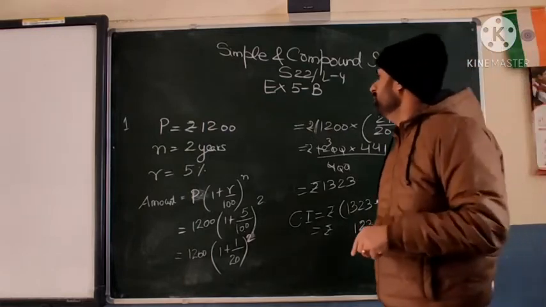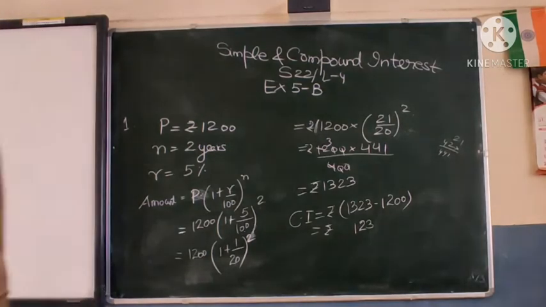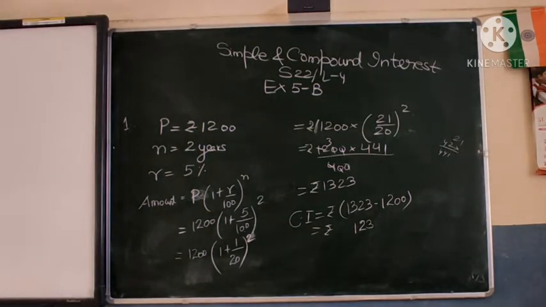You can see how much interest there is at 5% only. Compare this with the simple interest. Use the same formula and calculate for the simple interest. You will find that it is 5 rupees on 100 rupees. So 1200 means 12 times 5, which is 60 rupees, per year. If you deposit this money for 2 years, you will get 120 rupees only. So 3 rupees more you are getting.